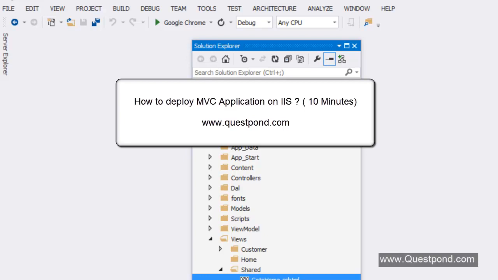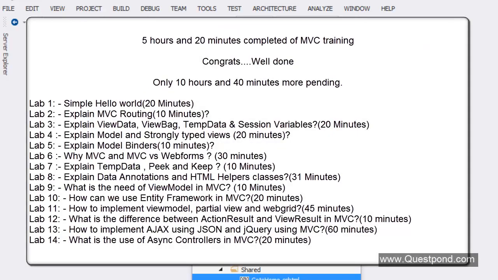Welcome to Lab 15, How to Deploy MVC ASP.NET Web Applications on IIS, that is Internet Information Server. But before I move ahead, let me congratulate everyone here for completing this 5 hours and 20 minutes of the training. I'll tell you why. Can you believe, just think about it, 5 hours and 20 minutes back I was talking about where to get Visual Studio from, how to create a simple hello world, and now we have created an application